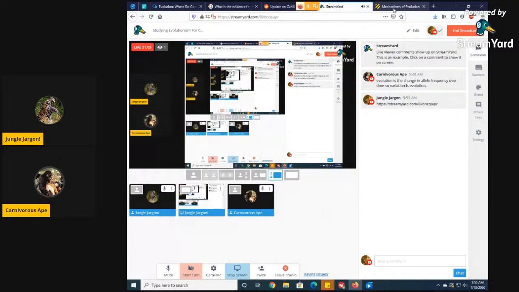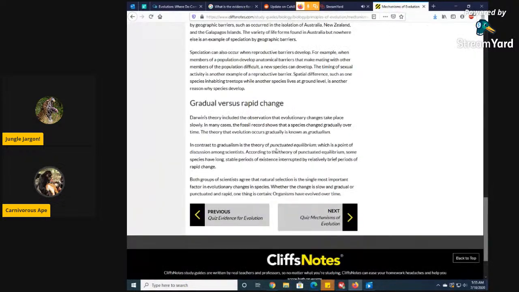All right. It seems like you're confused on what evolution actually is. Okay. Can you see this? You can see the screen, right? Yeah. Okay. So they have to get some. See, the gradual change doesn't cut it. So they got to get a punctuated equilibrium going. So if they get the punctuated equilibrium going, then they can claim evolution. But that's only a theory anyway. They're going back and forth about it. They can't agree. Both groups of scientists agree that natural selection is the single most important factor.